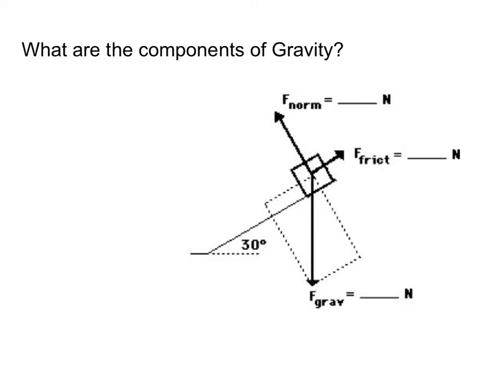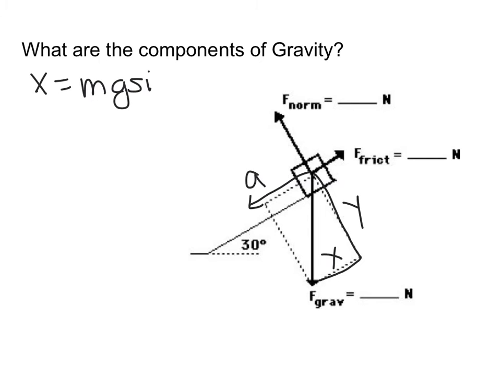All right, let's do a sample problem together. So the first step is to always label all the forces. The only one that I would like to add here is our acceleration, just so we can visualize where it's going. Okay, so first ask, what are the components of gravity? This is always our first step, breaking down our components of gravity. We have our y here and our x here. So we know that our x component of gravity is equal to